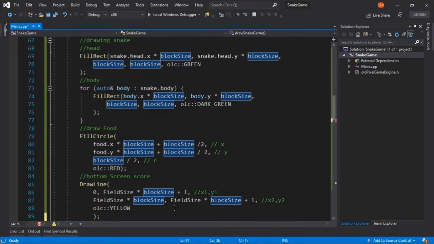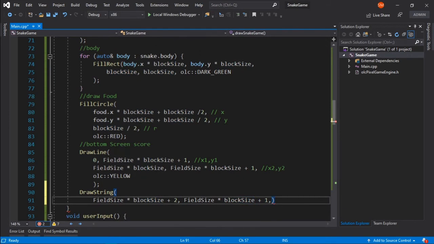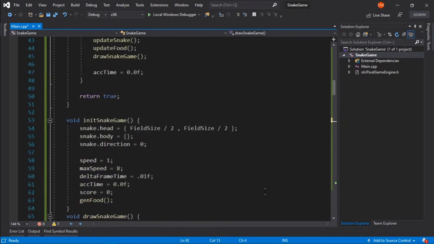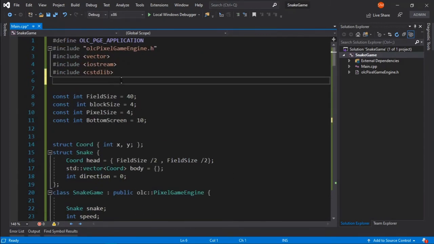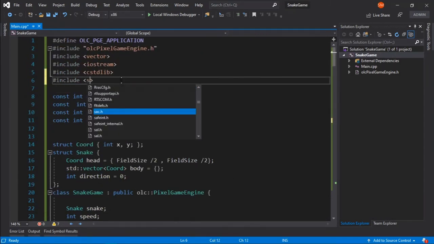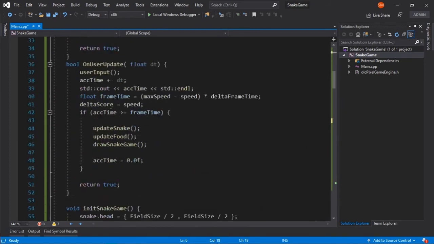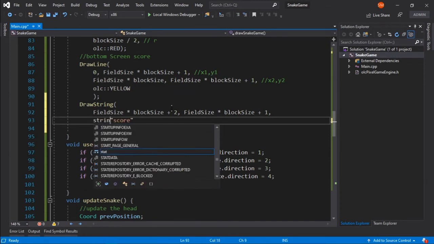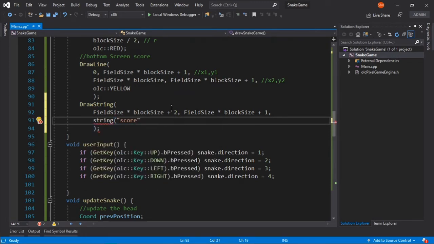Yeah, I just checked whether it's recording or not, and then we specify our text. We call it score. We wrap it inside a std string. So first we need to include the string header file. Score will be wrapped inside string, and string is inside the std namespace.